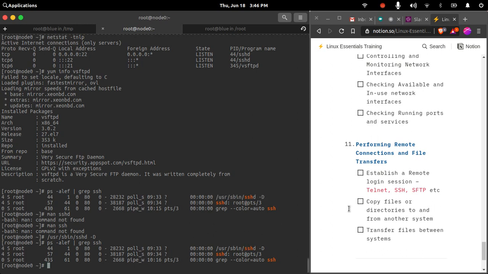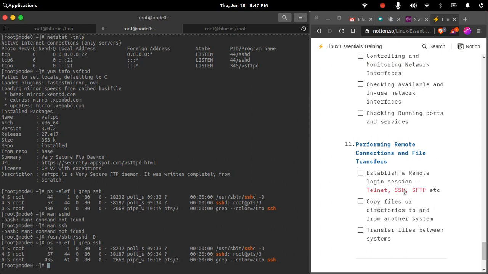Now let's say I want to copy files and directories to and from other systems. So basically, if I want to transfer files, I can directly use SFTP. Once I make this server a file server, I can use FTP clients like FileZilla to connect and copy files.